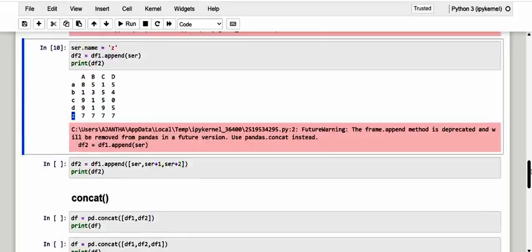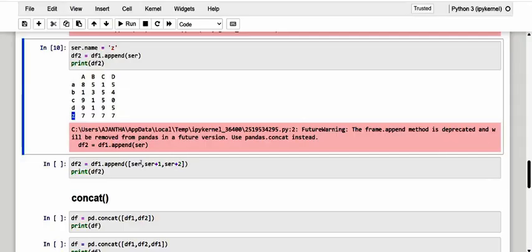Okay, now let me move on to one more thing, that is appending multiple series. Extending the concept further, the append method allows you to add several series at the same time. In fact, you can pass a list of series as an argument. They will be added as rows to the data frame in the same sequence as the inserted list. And dear friends, in our example we could insert 3 new rows to the data frame, adding an existing series and another 2 obtained by applying simple arithmetic operations on the first one.